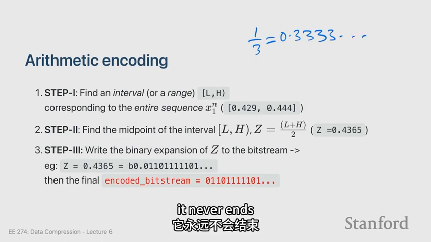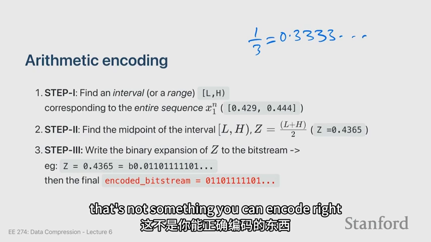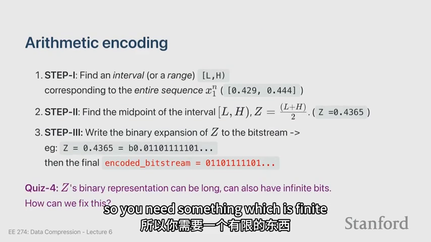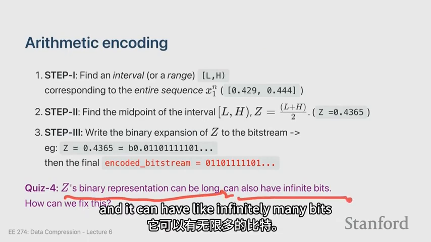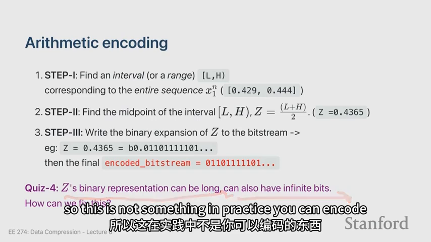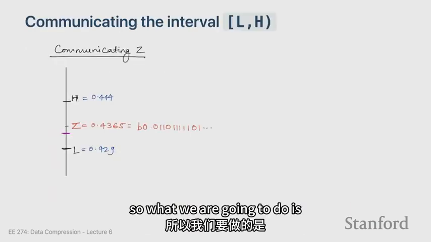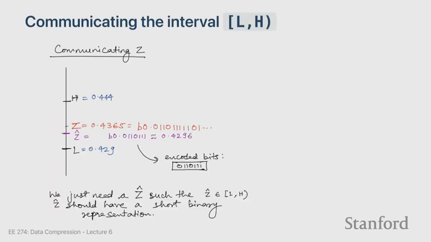It never ends. That's not something you can encode, right? So you need something which is finite. Z's binary representation can be long and it can have infinitely many bits. So this is not something you can encode in practice. So what we are going to do is,